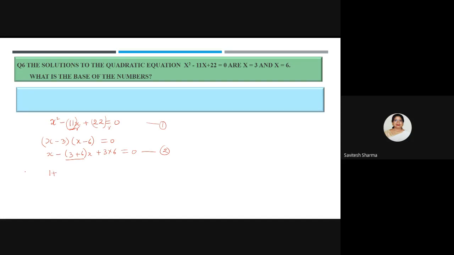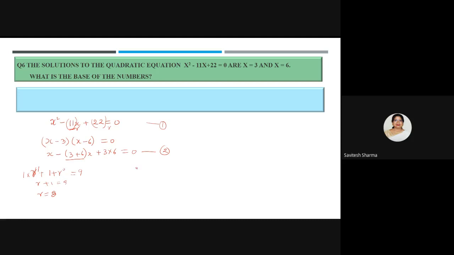So this is 1 into R to the power 1 plus 1 into R to the power 0. So decimal equivalent I am writing for the given equation, and this is 6 plus 3, it is 9, it is in decimal. Okay, so directly we get R plus 1 equals 9, that means your R is 8. You can verify it also if you are equating these two coefficients.